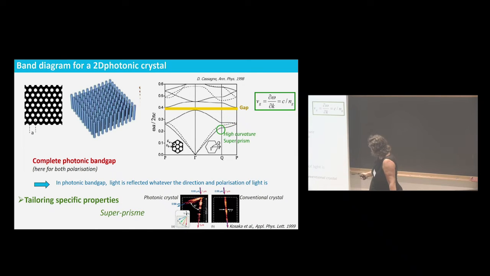If you go here, for example, you can see that you have a high curvature and a change of velocity which is quite high if you go from this point to this point. And you can use it in order to do super prisms. So in a normal crystal, you send the light between 0.9 micrometers and 1 micrometer, and it goes straight away. In a photonic crystal, if you are exactly at that point, you can have a prism effect. So that means that you can engineer, depending on the specificity of your photonic crystals, specific properties that you could not achieve with a normal material.